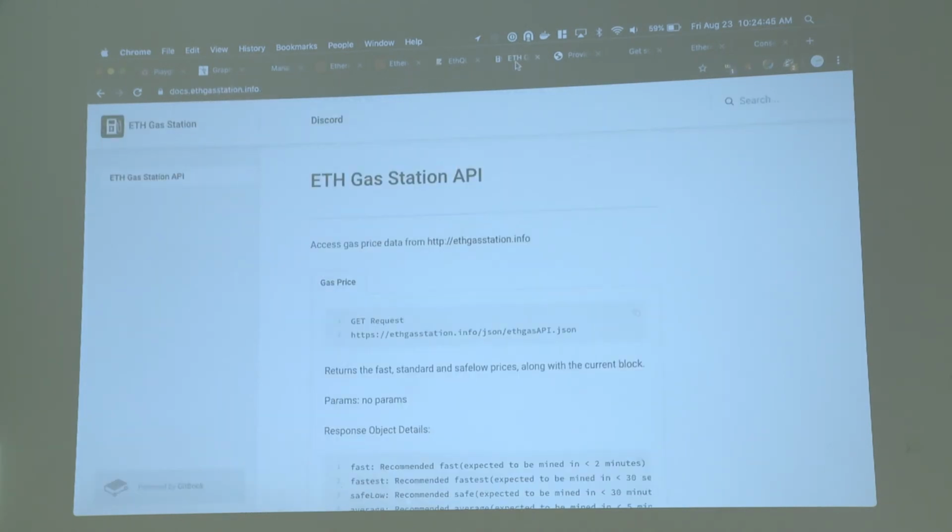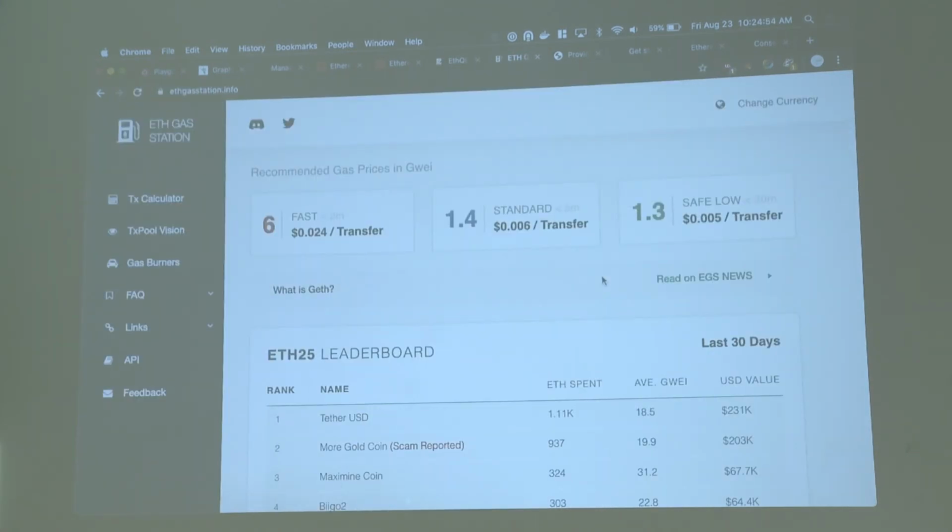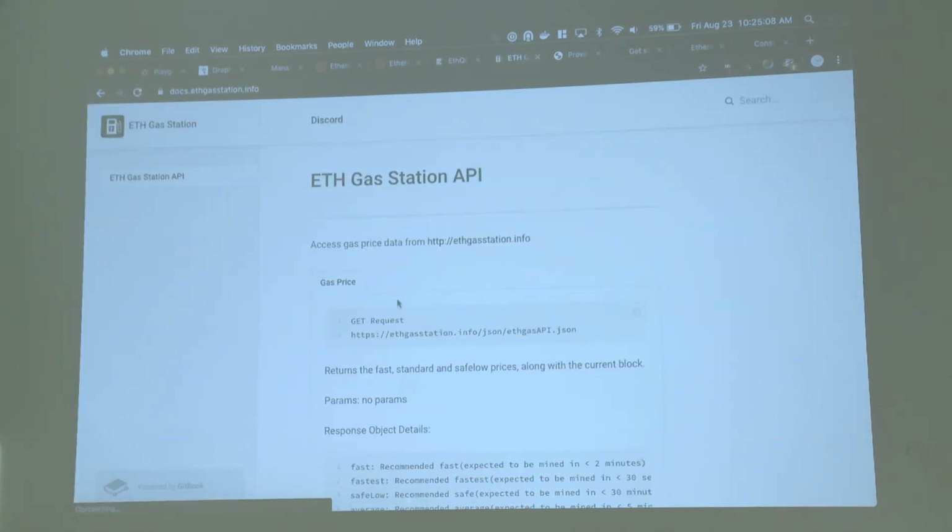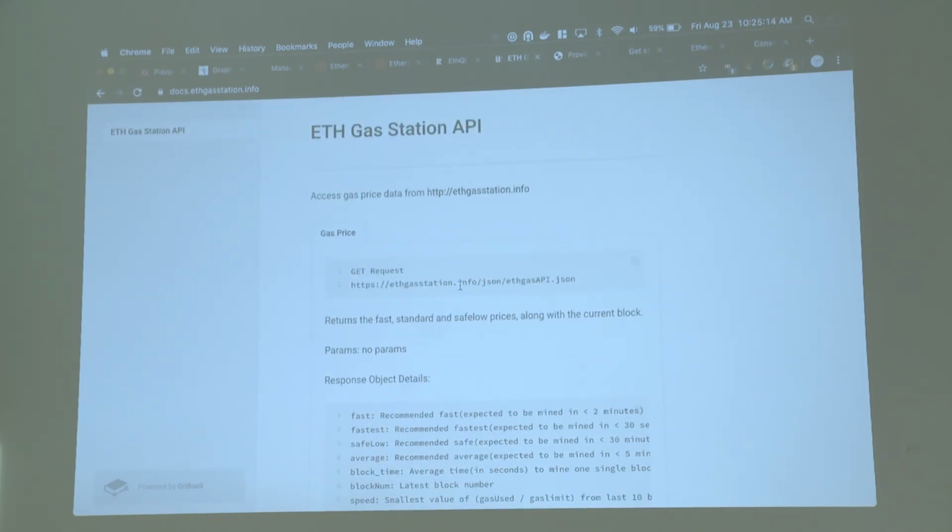If you're familiar with the ETH gas station project and the ETH gas station API, let me show you really quick. Maybe you'll easily recognize this page. You can go to this page to understand what the average gas price of a transaction is, and use that to set the gas price that you're going to use for your user. This gas station API is powered by the transaction pool under the hood. The built-in ETH gas price method is going to do a decent approximation of what you should be setting for your gas price,